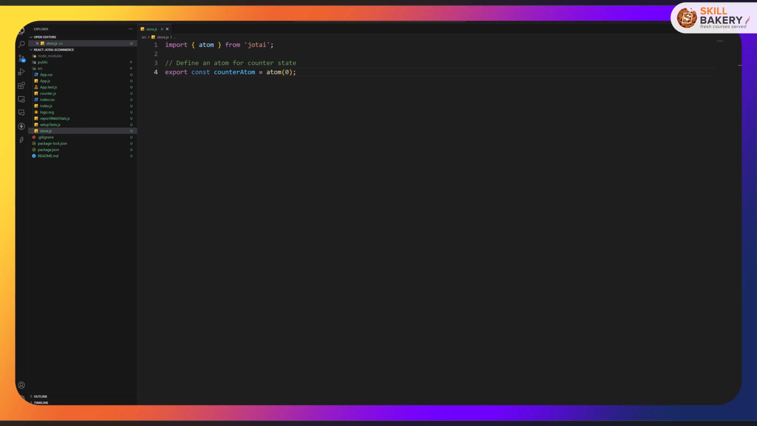Now we'll learn how to use Jotai to manage a list of products in a React application. We'll be creating a productsAtom to store product data. We'll display products using useAtom, and we'll use derived atoms to filter or sort products. So we'll begin with creating